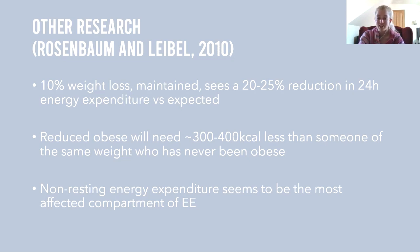So non-resting energy expenditure seems to be the most effective compartment of energy expenditure. So when I say non-resting, anything that is moving about, getting up, walking around, exercising, which is non-exercise activity thermogenesis, that kind of thing, that all seems to be a very key player in maintaining weight loss